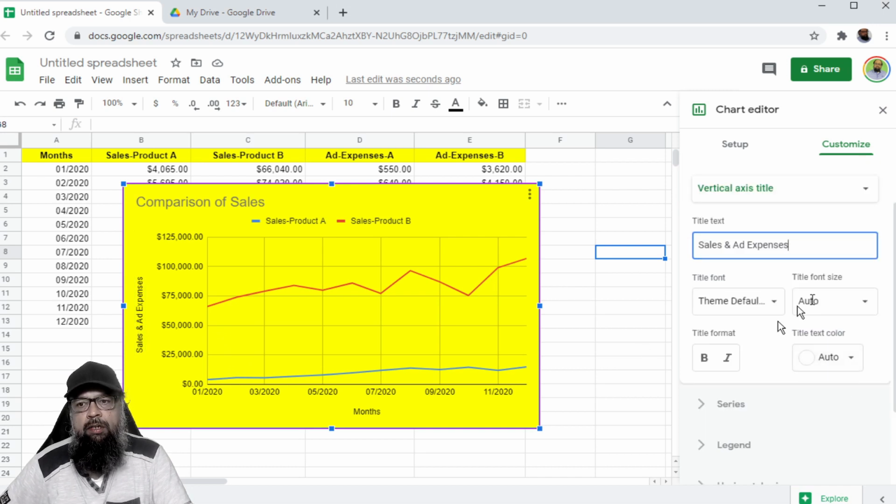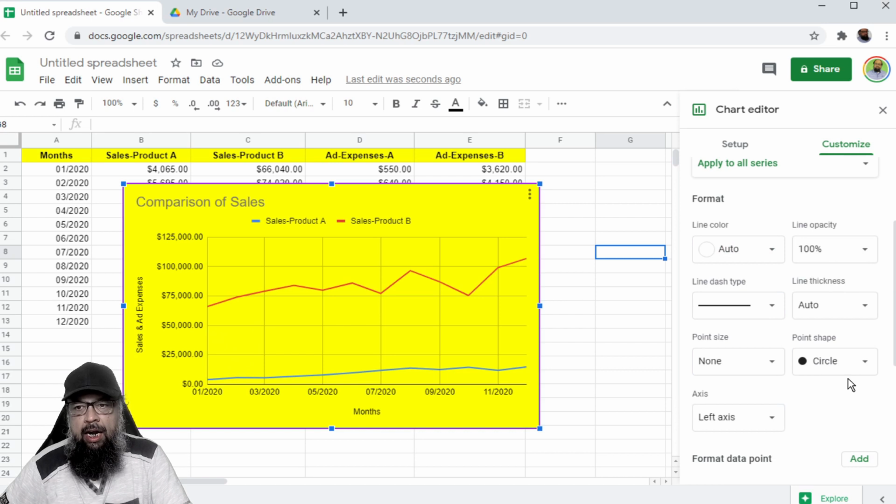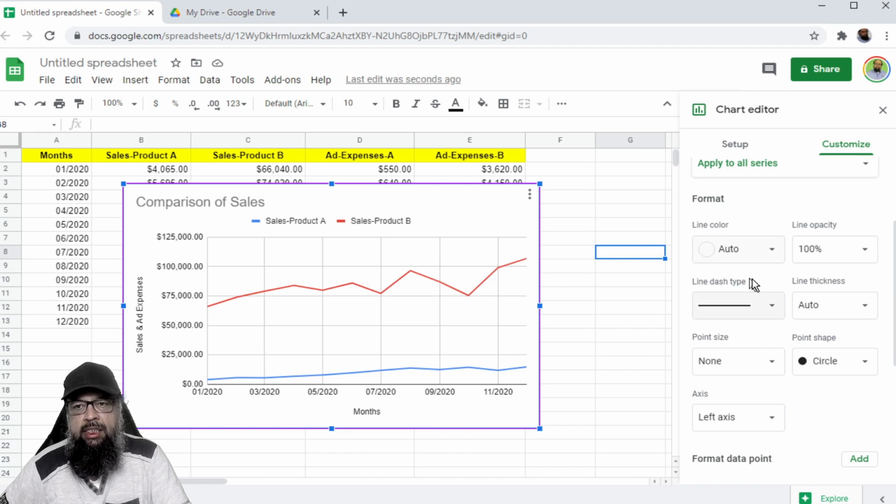Then you have some other formatting options here which I don't want to show you, you already know that. Then we have this series, and in this series you have the option to change the colors, for example. So let's remove this background to white again. And now in the series, as you can see that currently line color is on auto.